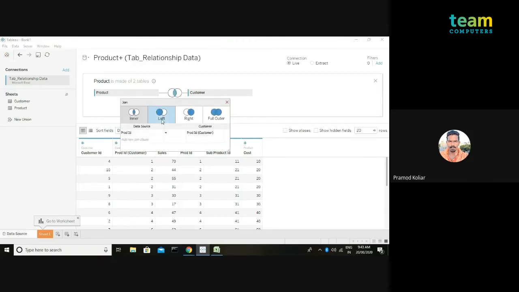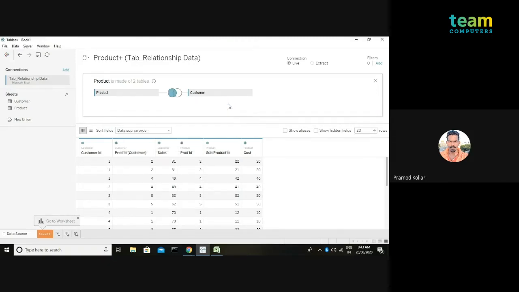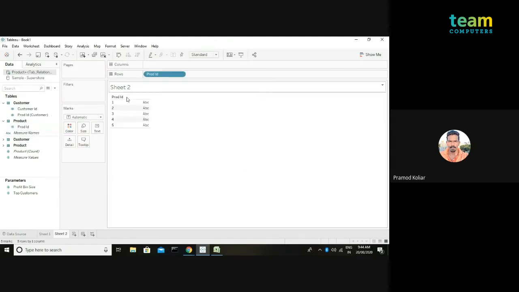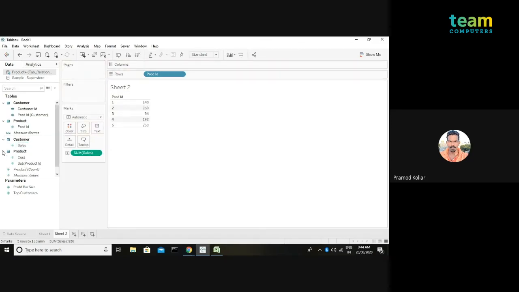I do a left join based on the product ID because I want all the information of the product. As soon as I go into my view, I drag product ID, I drag my sales figure and I drag my cost figure.